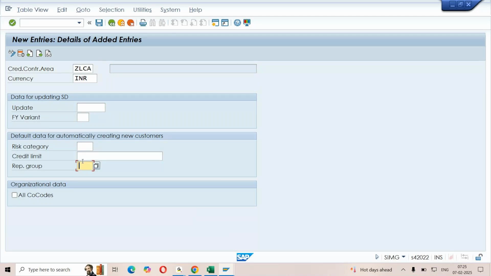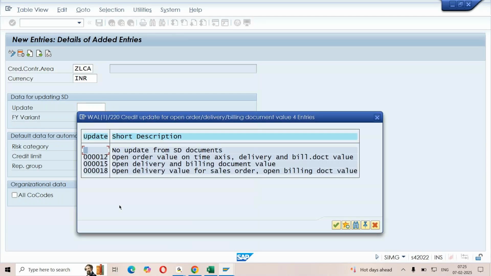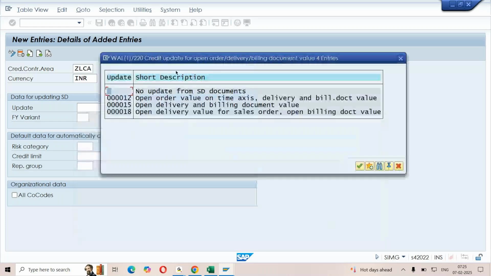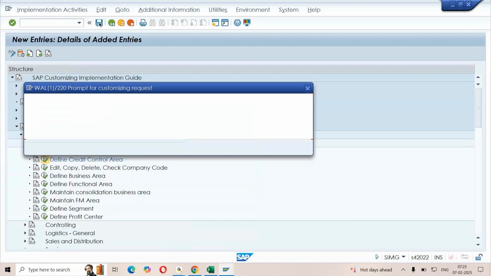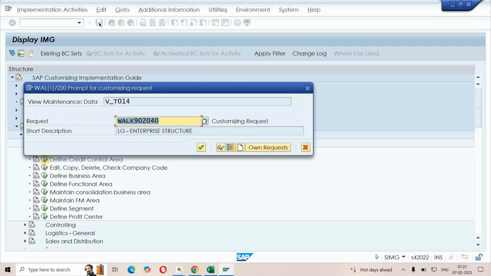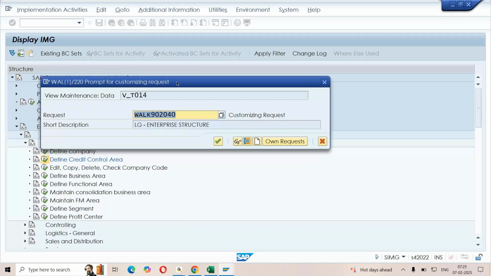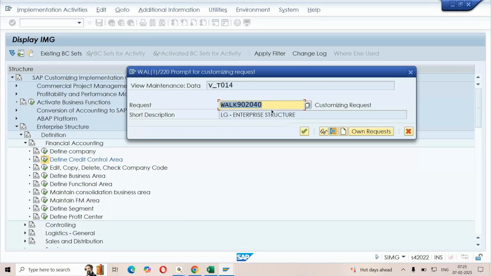Why? When we work with credit management, we need to tell the system what values need to be taken into consideration. There we explore these particular rules and what the effect of them is. As of now, I required an organizational unit. I maintain the code, I maintain the description, and I try to save. Or you can use the shortcut Control S. Now, this is a request we have created just now. I'm going to be using this request for storing my configuration.